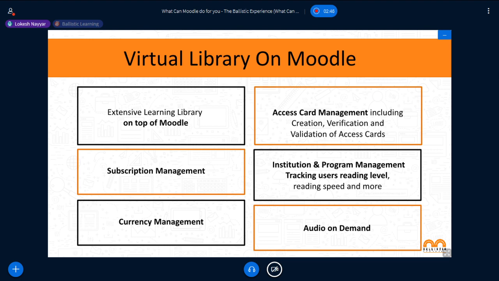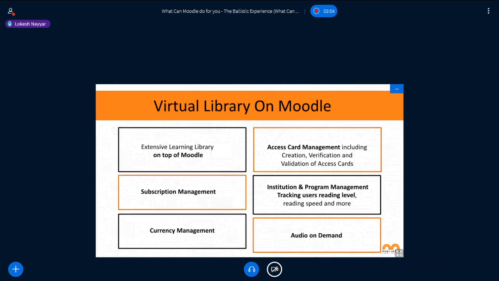The problem statement. The client had developed an online virtual library with hundreds of graded readers and quizzes. The platform had more than 6,000 books. The client had developed this website on a Cake PHP framework, which already has its own limitations. The client wanted to develop additional functionalities on the existing features, but the way the platform was architected, it was not possible. The client was also facing a lot of issues in terms of scalability.